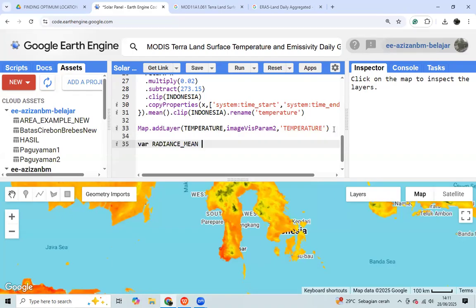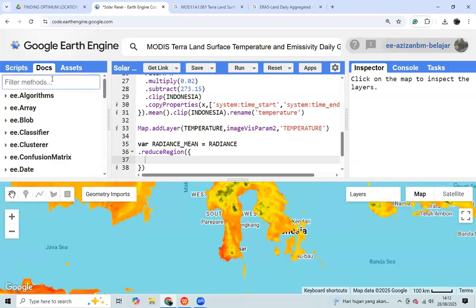Okay, how do you specify it? First, we create the variable of radiance bin, and then we use the reduce region. From the radiance data, we can find the documentation of the reduce region script.